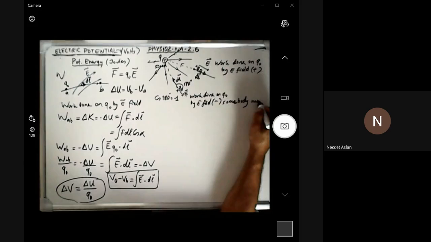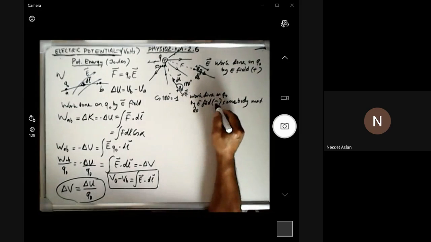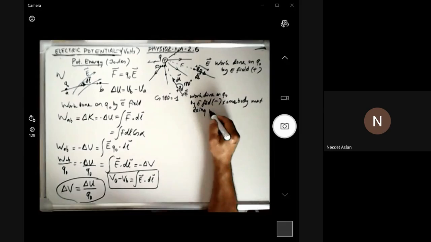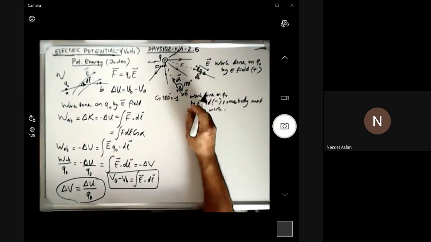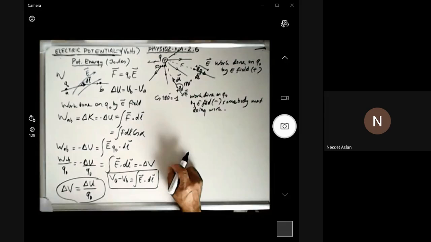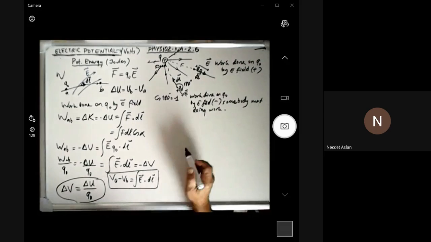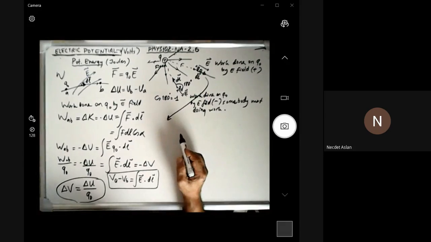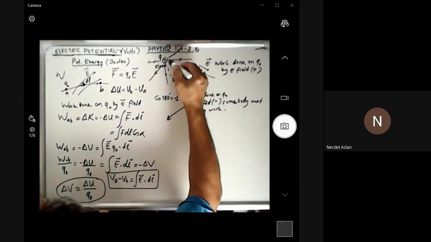Somebody must do the work. If the electric field is not doing the work, then somebody else is doing the work. Maybe my finger is doing the work by pushing this towards this charge. So in this natural case, let's see what the force between the two is when we have